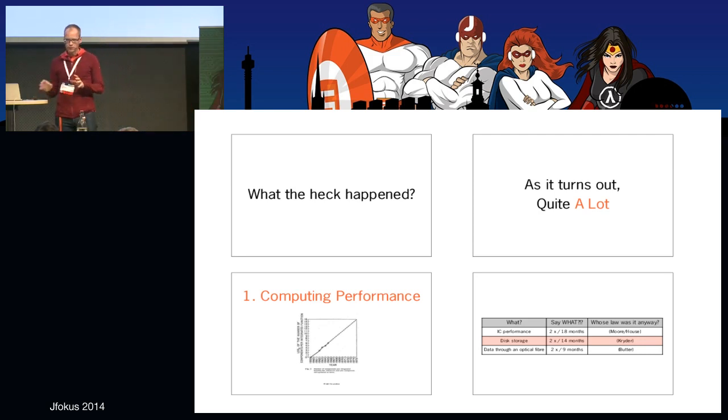So I'd like to select 3 things that I think have been key drivers to push us to where we are today, and talk a little bit about those. And the first thing is computing performance, here illustrated by the original graph that Gordon Moore at Intel created in the mid-60s, where he predicted that in the coming years, the density of the transistors that we can fit into an integrated circuit will double.